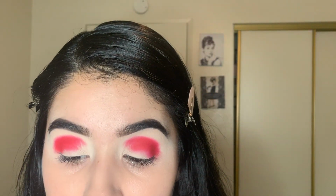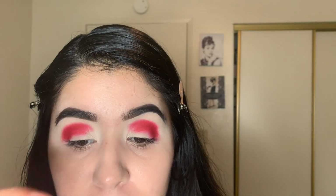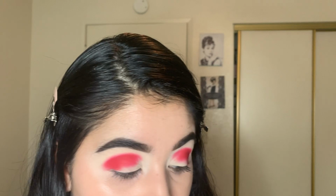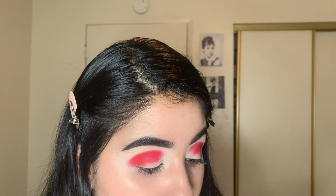So now I'm going to take the Sosu and Kaylee SK03 brush. It's this one, it looks like this. It's pretty small, so that's why I like it. I'm going to go ahead and pick up that James Charles palette, and I'm going to use that color above